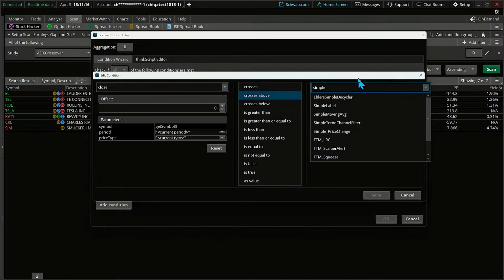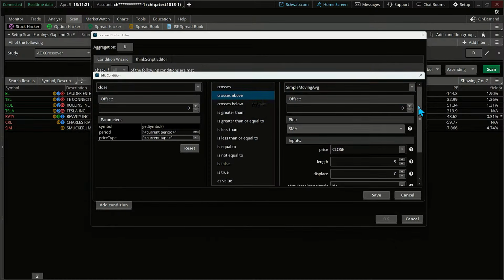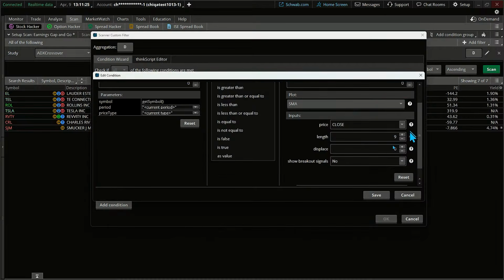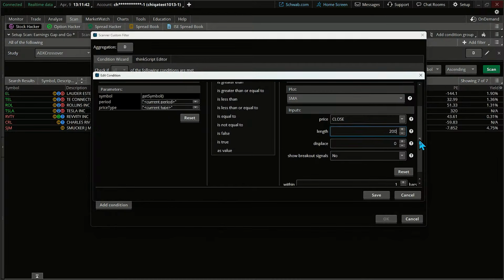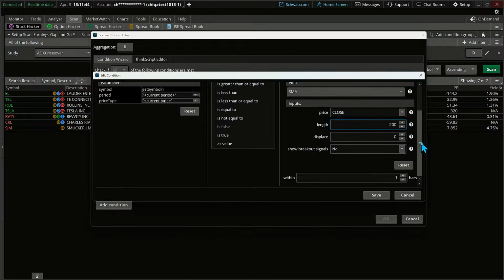That might be a simple moving average, or in this case we could have an exponential. There are other moving averages as well. But in this case, a simple one, and come on down here, a closing price for sure. And the length is just going to be whatever length we want. Now, the 200-day moving average is the long-term moving average that traders will look at. I'm going to put it in right now. A 100 might be intermediate, a 50 short to intermediate, and maybe a 20 is short term. But now I'm going to say just within 2 days.